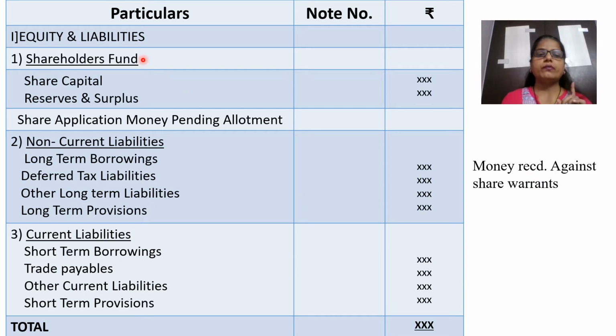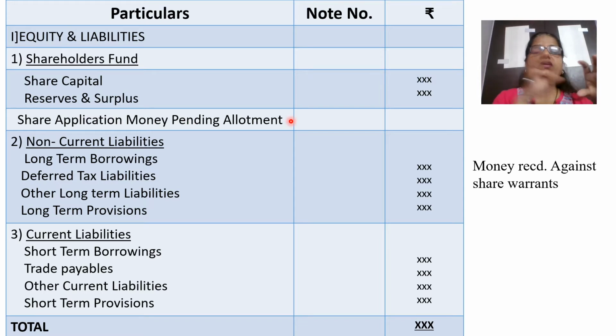So what you are going to remember: shareholders fund में क्या आता है, share capital and reserves and surplus, और इसका details हम किधर देखेंगे, notes to accounts में. After that, again this item, the next heading, that is share application money pending allotment. Even this item we never have in our problems that we are going to have in our syllabus, but still I have just put this item, that is share application money pending allotment.